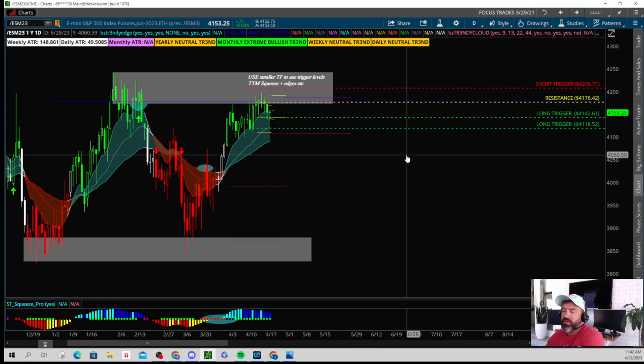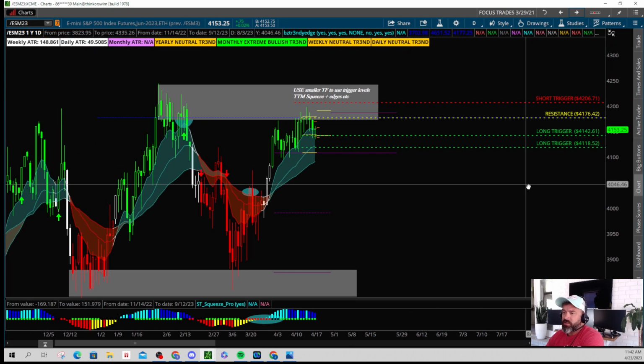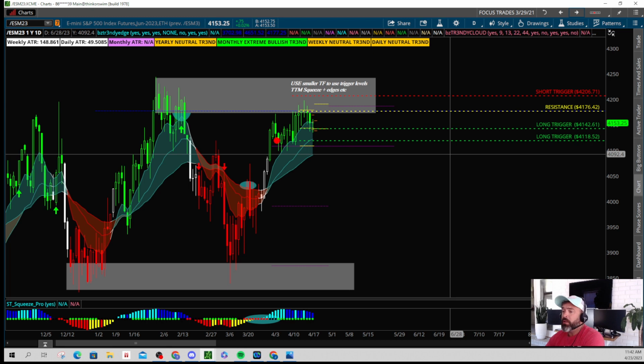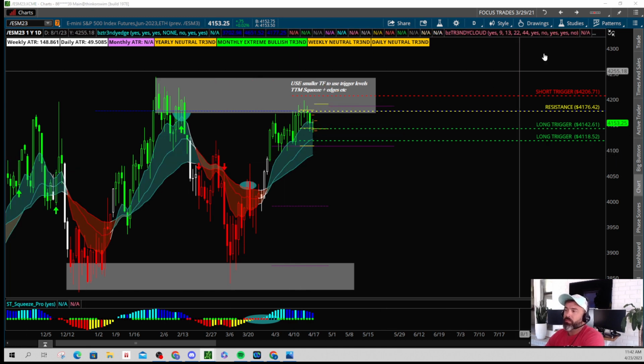If we move on down here, this was your daily triggers. You can see that these worked very, very well. Matter of fact, price came down into the long trigger a couple times over the sessions into 41.42, and this is where we look to go long. That worked really well. Our resistance worked really well. Our indicators, the trending edges worked really well. We know that this is resistance until proven otherwise. Prices just could not sustain or hold above there.